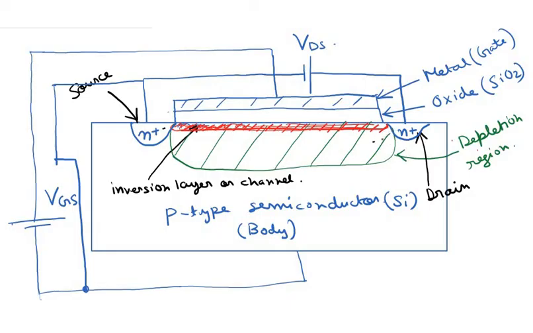So current cannot actually flow from this n-type semiconductor into this p-type semiconductor, or electrons cannot flow from this p-type semiconductor to n-type semiconductor in the absence of this conducting channel. If this conducting channel is not present at the surface, then electrons cannot flow from the p-type semiconductor to this n-type semiconductor, or current cannot flow from this n-type semiconductor into the p-type semiconductor in this direction. That is why in the absence of this conducting path, that is when VGS is less than VTH, current flow is 0.